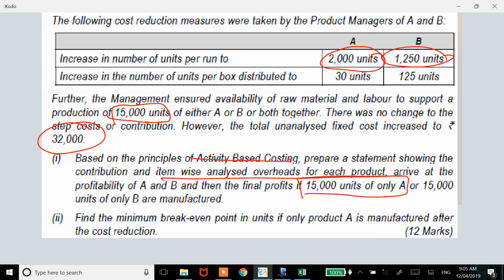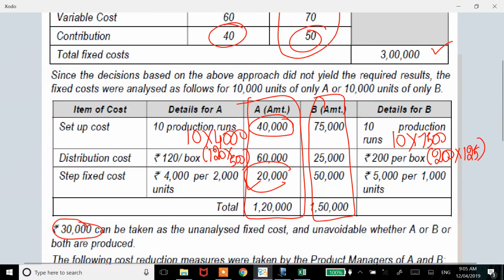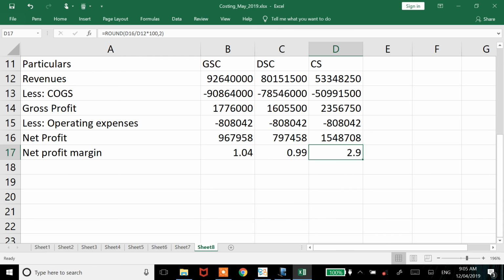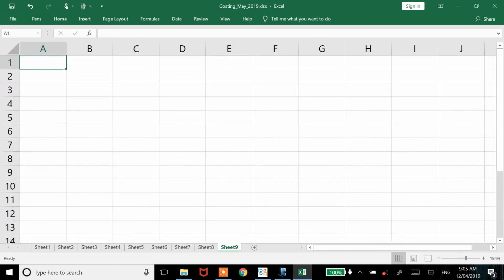We'll directly get to the profit statement. Somewhere I'll end up using this data to prepare the profit statement. Working note 1, profit statement under activity based costing. Even in this question I could list activity, total cost, cost driver name, cost driver. It's just that the cost driver rate is going to be different for the two products. They are giving a different rate for product A and a different rate for product B. That's the question's information. Profit statement under ABC, particulars,